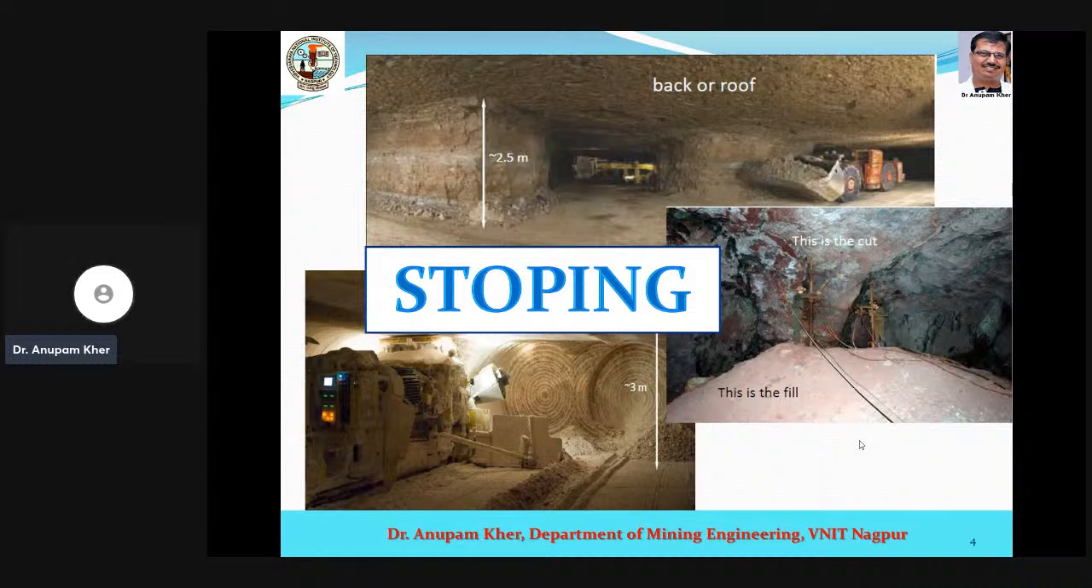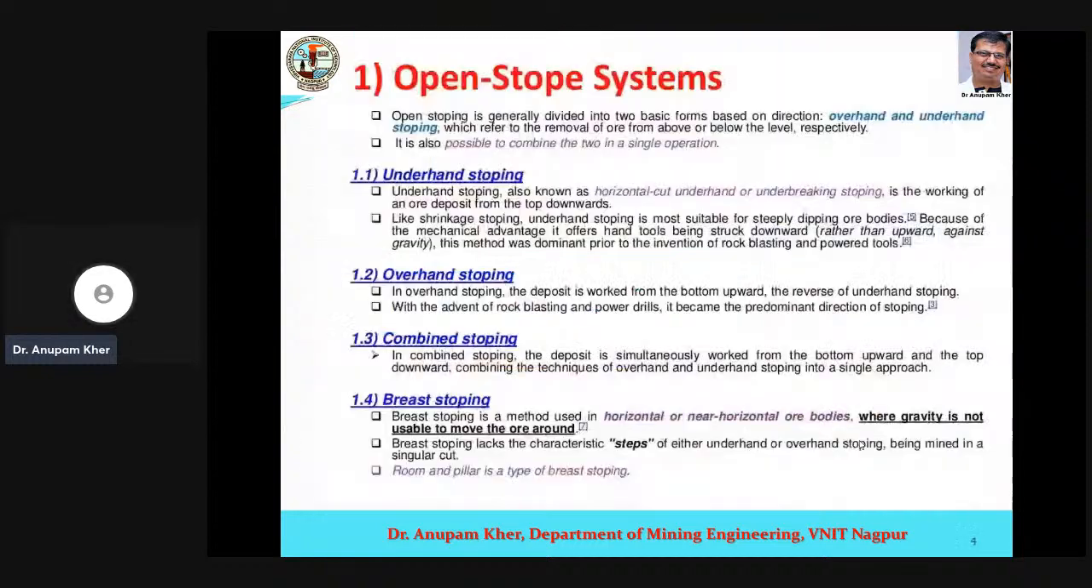So stoping is the process of carrying out the removal of ore from the ore body. So we'll try to understand. There are various types of classifications. I am not entering into the classification system here, but